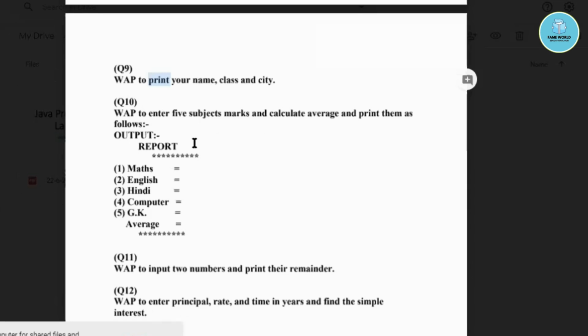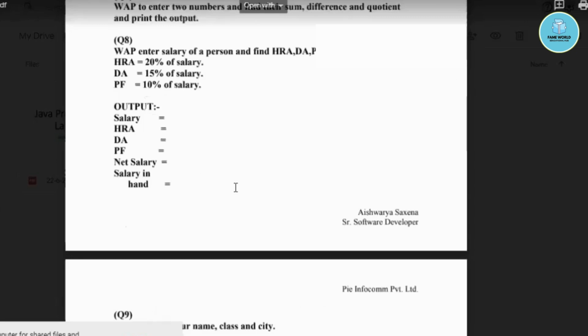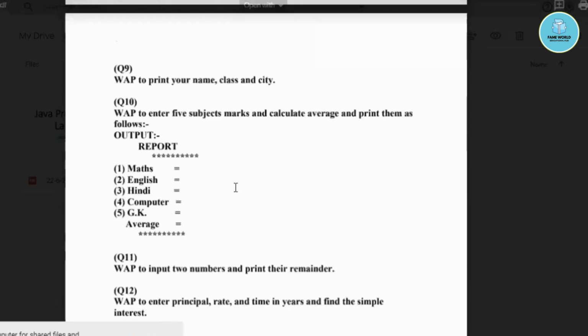The 10th program is also similar to the 7th one, as I have told. I hope you can do it now. You just have to try it. You can take the float data type for numbers if you want, because we are calculating the average, and it is also a formatted output question. So you have to print the marks of all 5 subjects before and after these messages, just like in the salary program we were doing. So it is the similar one.